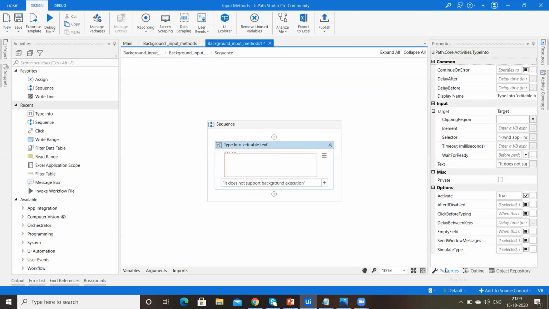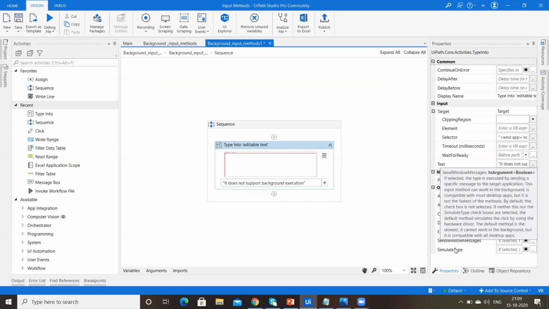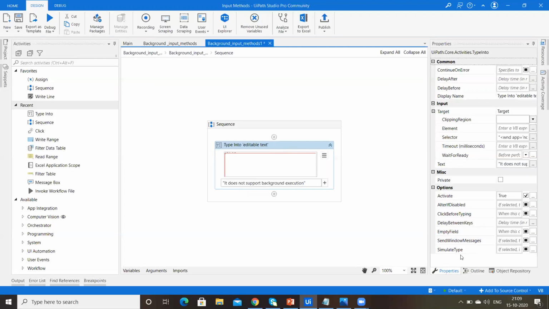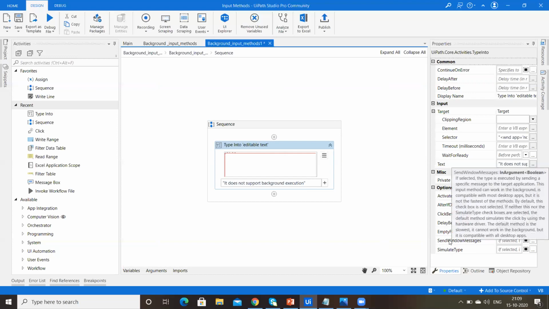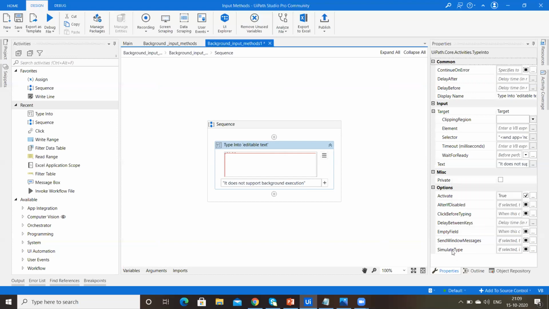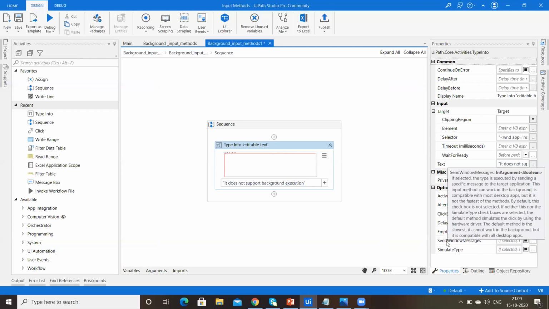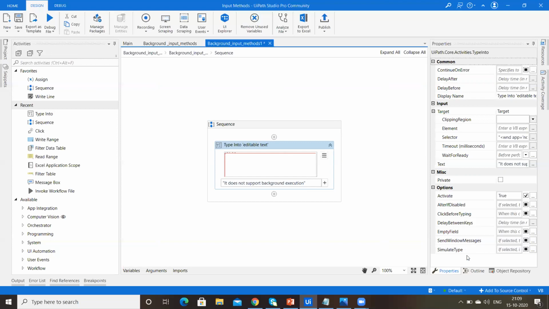In properties, you can see send window messages and simulate type are there. You can select either send window messages or simulate type, but you can't select both types at a time. If you don't select any of the types, it will automatically activate the default method.